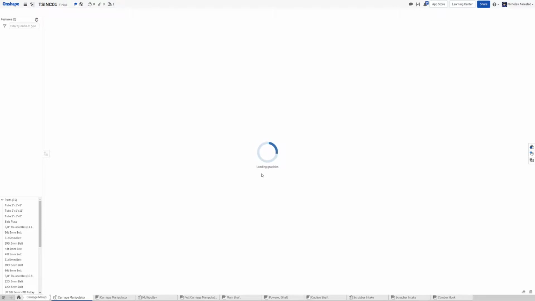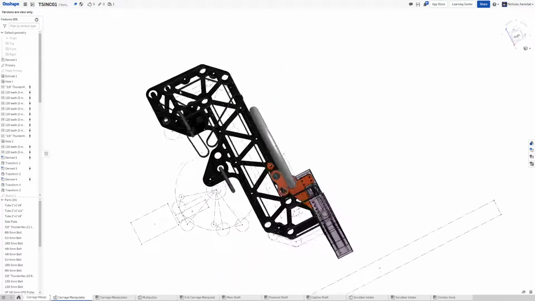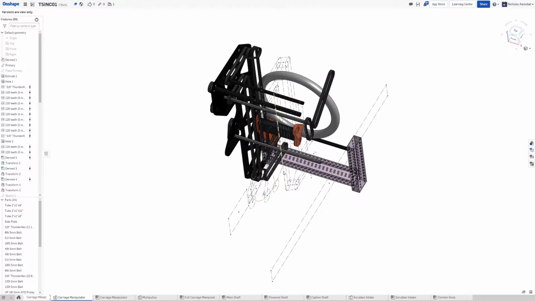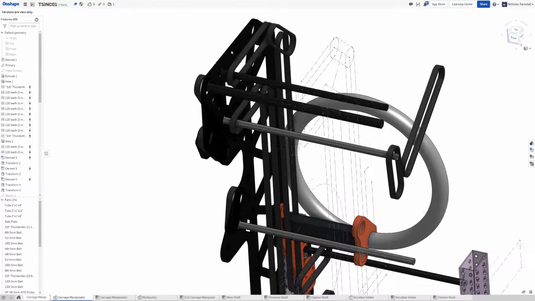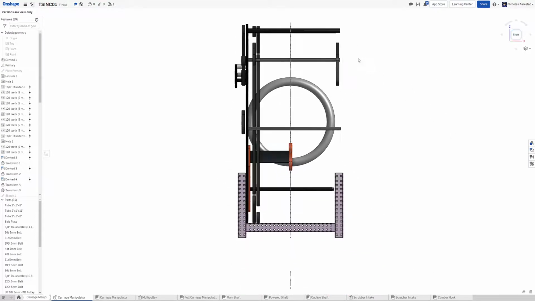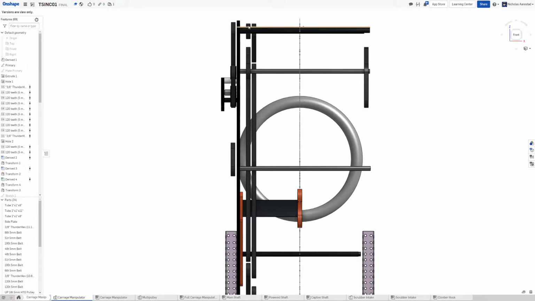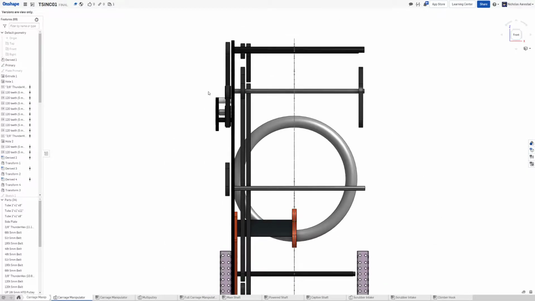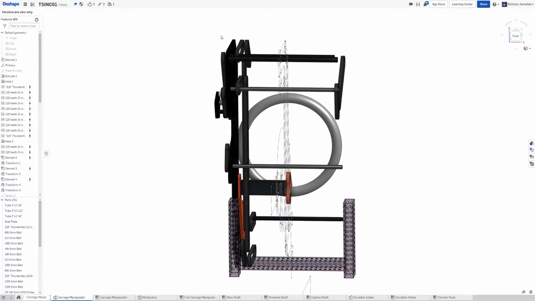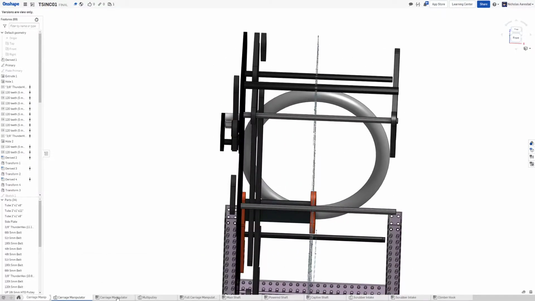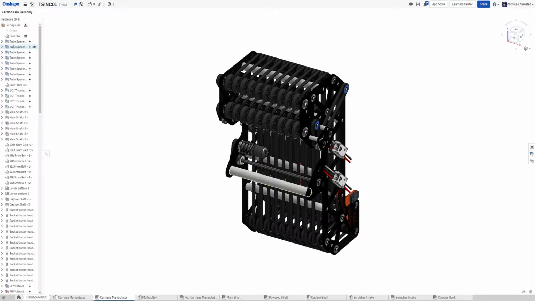I'm opening up the part studio for our carriage manipulator, and you'll notice this is all the parts that are part of that assembly. All of the belts are done in this part studio, and not only that, they're actually done in place. So a belt in this part studio is exactly where I would expect it to be on the real robot in the full assembly. What that lets me do is, when I go into this assembly,